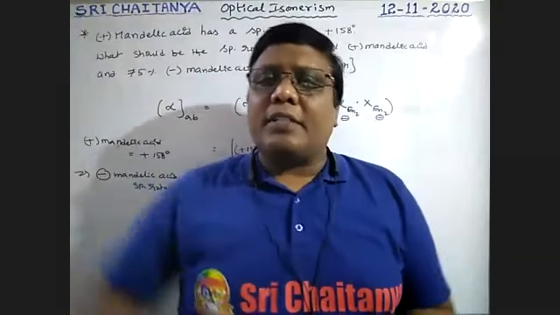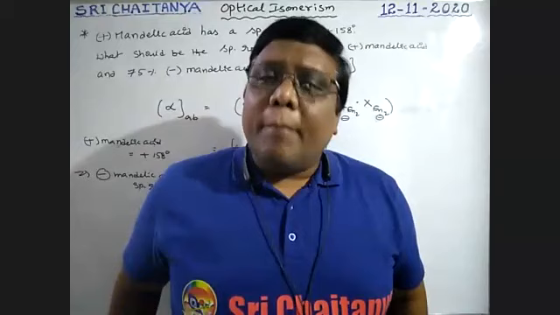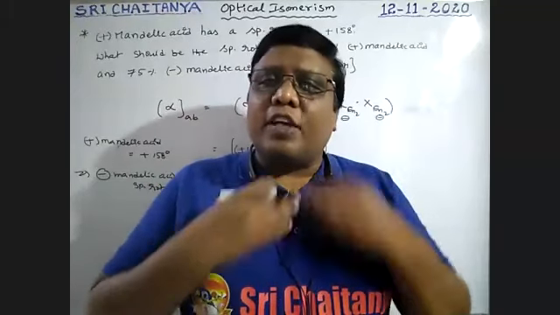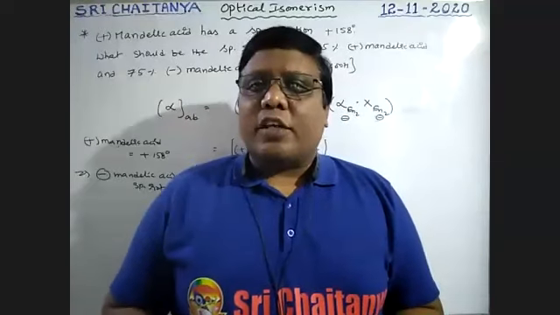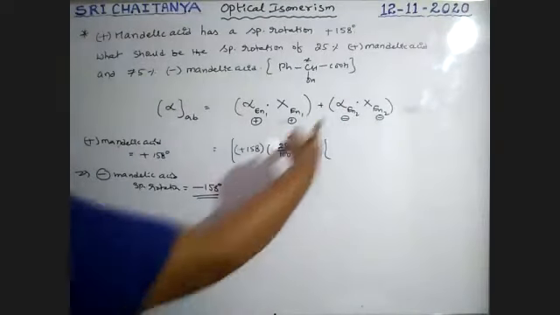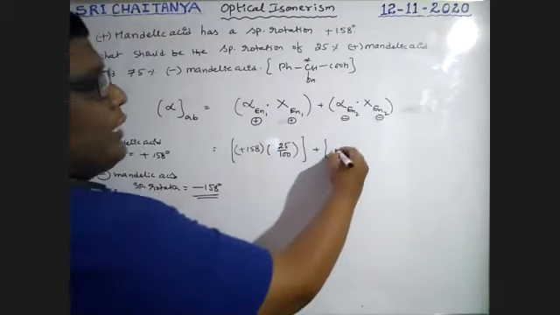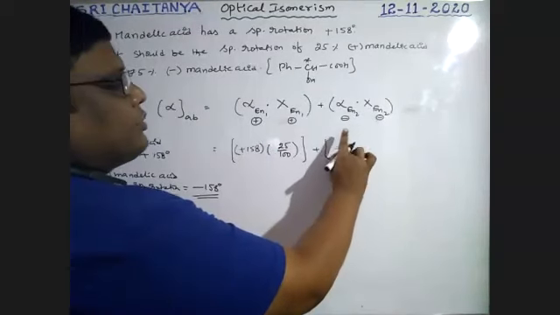That is enantiomers: the rotation magnitude is the same, but opposite in sign. One is clockwise rotation, another is anti-clockwise rotation. Therefore the specific rotation of the enantiomer is minus 158